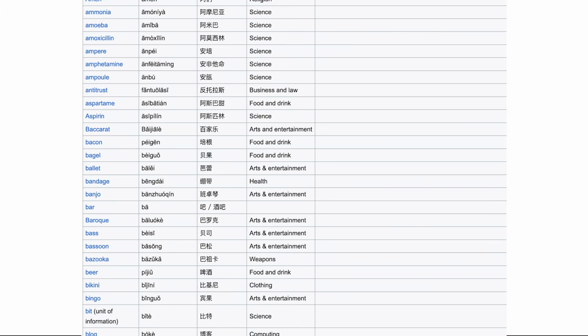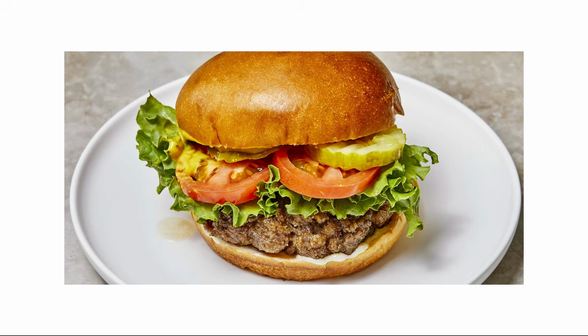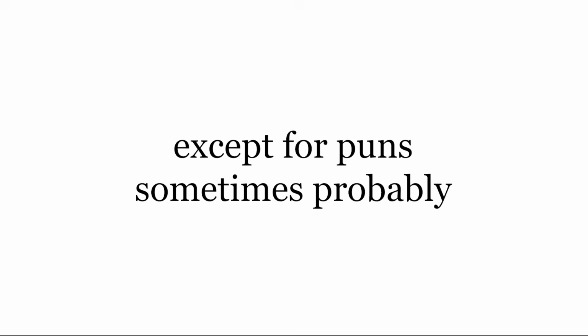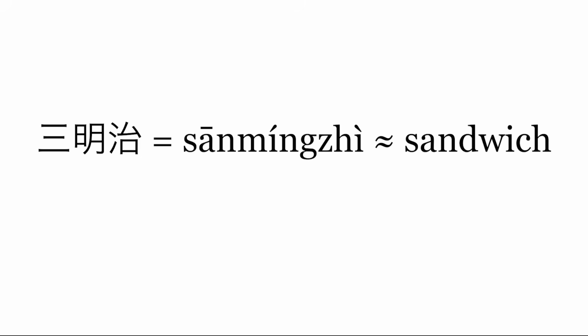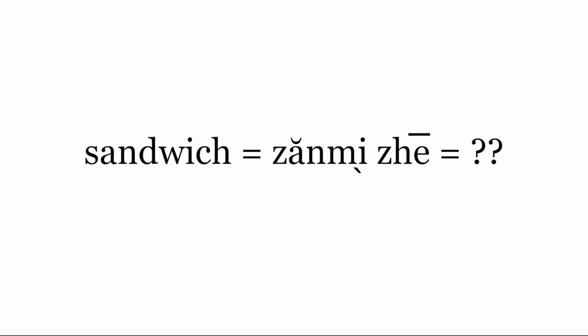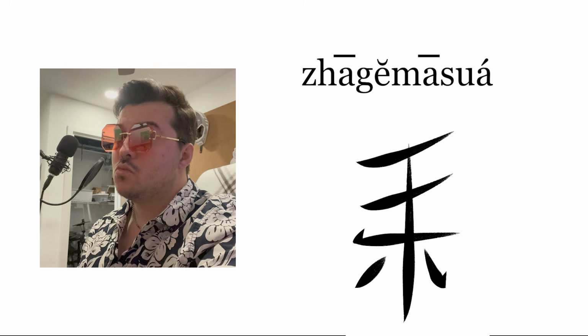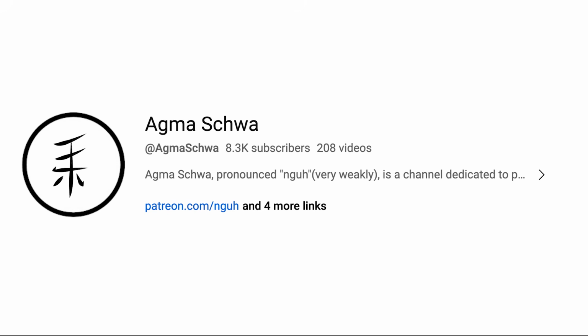Because Han characters are logography, the written form of loanwords in languages like Mandarin is a bit silly, giving us literal translations like Han Castle and 3 Bright Rule. Of course, no one thinks of these literal meanings, but we can do better in Hanziyu. Instead of finding characters with the pronunciation we're looking for, we can just create a completely new character based on the pronunciation. For instance, we can pronounce Agma Schwa as Agma Schwa and write it like this. What an elegant system, and what a perfect new logo for the Agma Schwa channel.